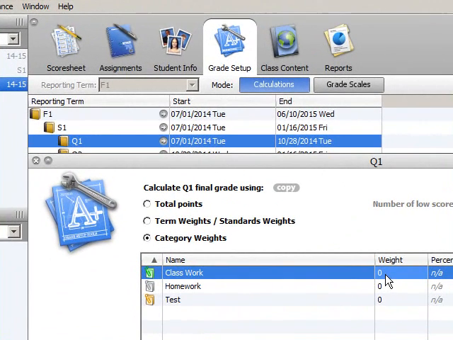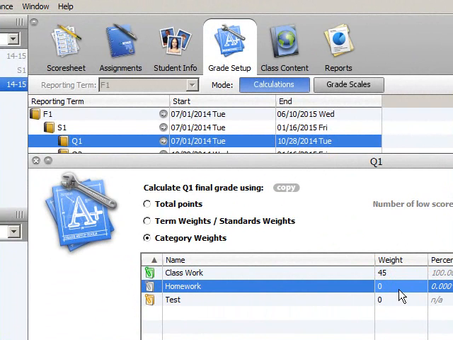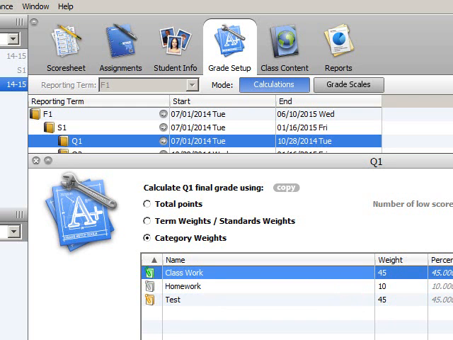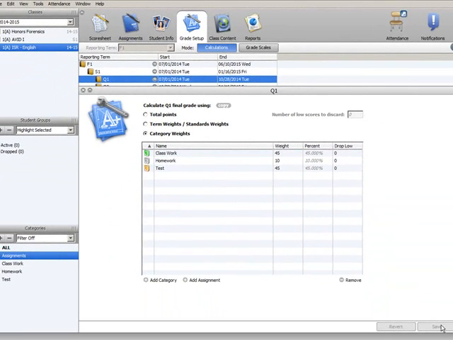And I'm also going to go with the weight that my department decided. So for example, my classwork's going to have a weight of 45, my homework a weight of 10, and tests a weight of 45. Once you've done that, save it,